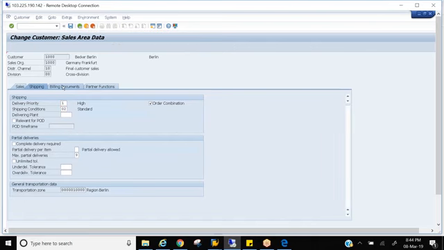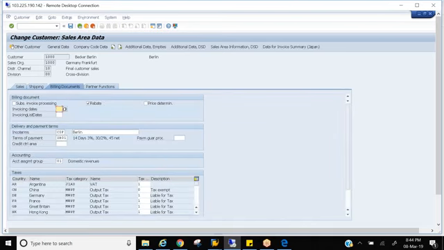Okay, the next is billing documents. In the billing documents, there are invoicing lists and invoicing dates. Rebates, I told you, there should be 3 prerequisites which should be activated. First, we have seen in the sales org configuration, one is called rebate proactive, and this is the rebate option which we have in the customer master. If you want to process the rebates, then this is the second prerequisite you should activate.